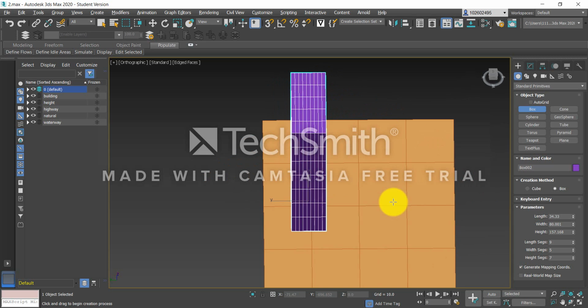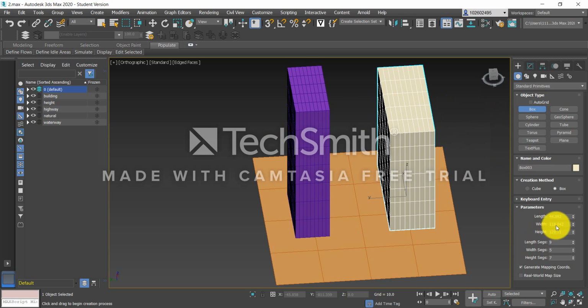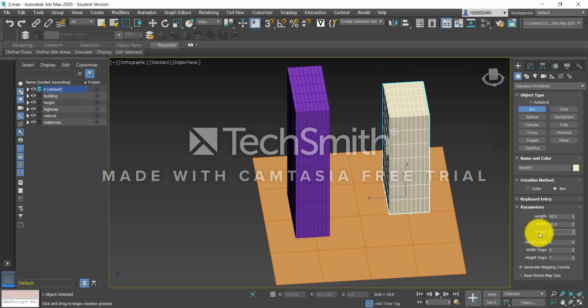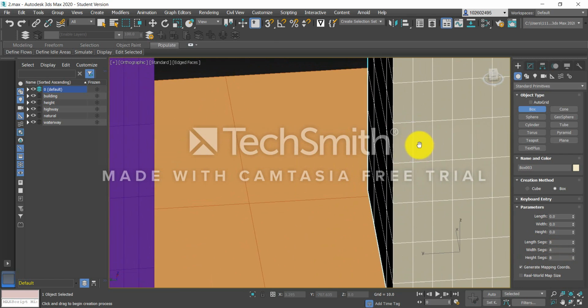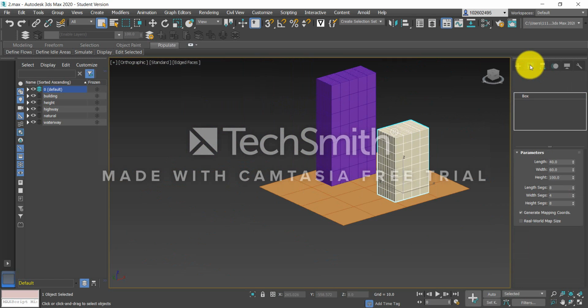I had already put the segments and all these things, so as you can see we have already put the segments, but you can see we can change length from here, 20 by 60, and height you can put 100 meters, segment is like 8, width segments 4, width segment 8. Yeah, it's done. So we have already the buildings, so what we need to do is now go to the